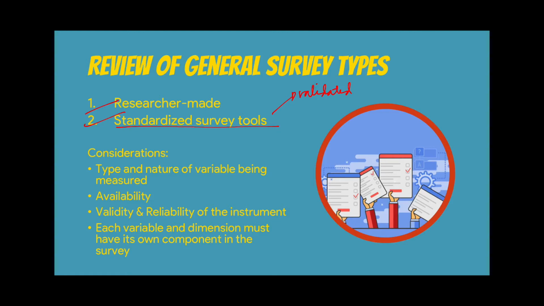Like for example, in the Philippines, we have different religions and also sects under those religions that are unique to the Philippines, that might be different from Indonesia, from Canada, or from the United States. So the options or the questions available for those specific questions are basic to society, and there's really no standardized survey tools for them. But for example, variables that are psychological, social, or behavioral in nature, like for example sports